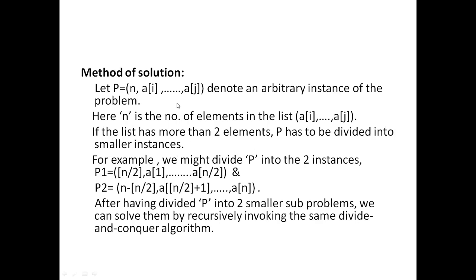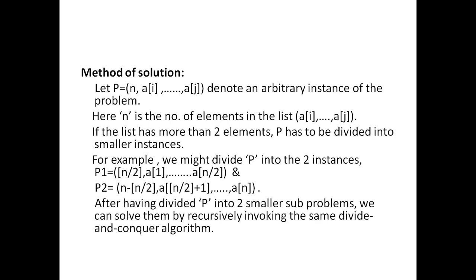Now, which is the smallest case wherein the problem can be solved straight away? When you are given only one value in which you have to find the biggest and the smallest value, the problem can be solved straight away. The given single value is the highest value and also the lowest value. Otherwise, if you are given two values, just by comparing these two numbers, we can find the biggest and the smallest. So that is also a smaller case of this maxima minima problem.